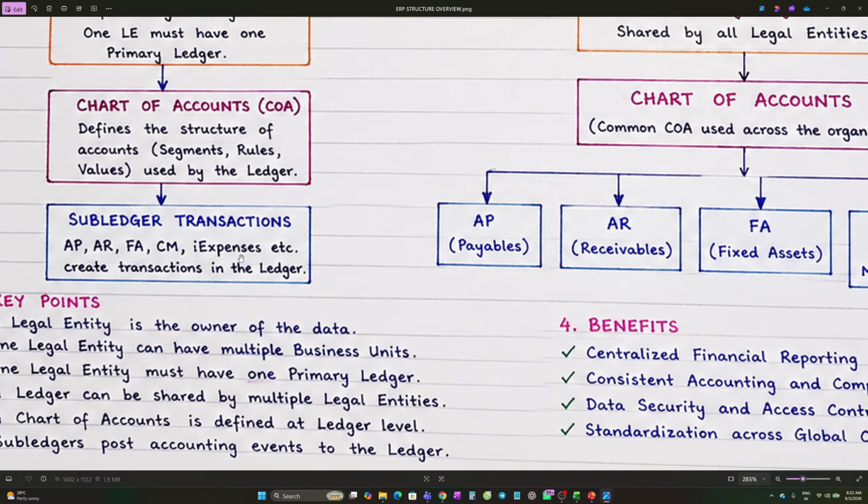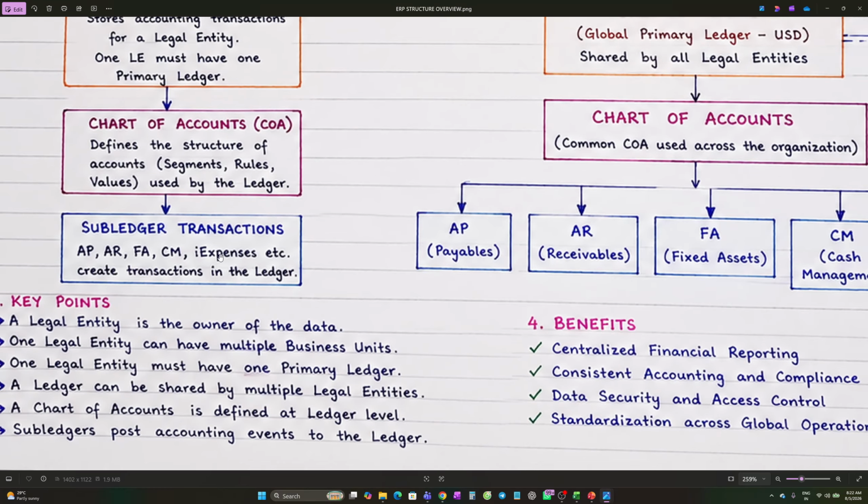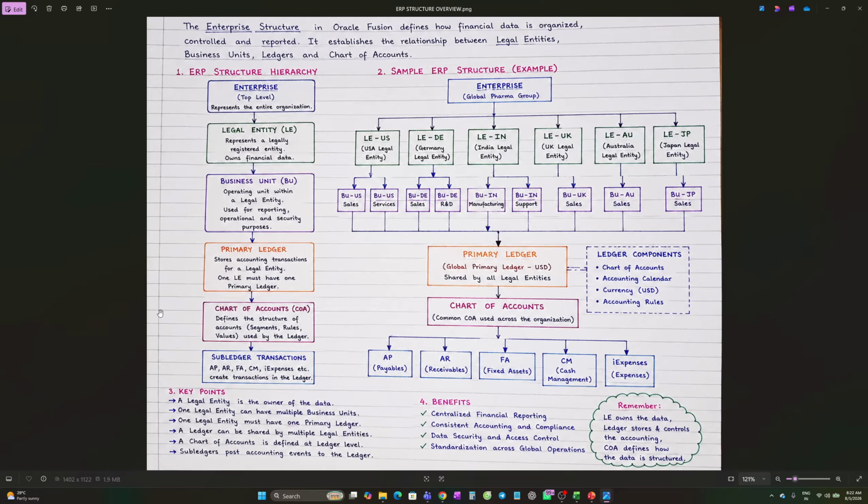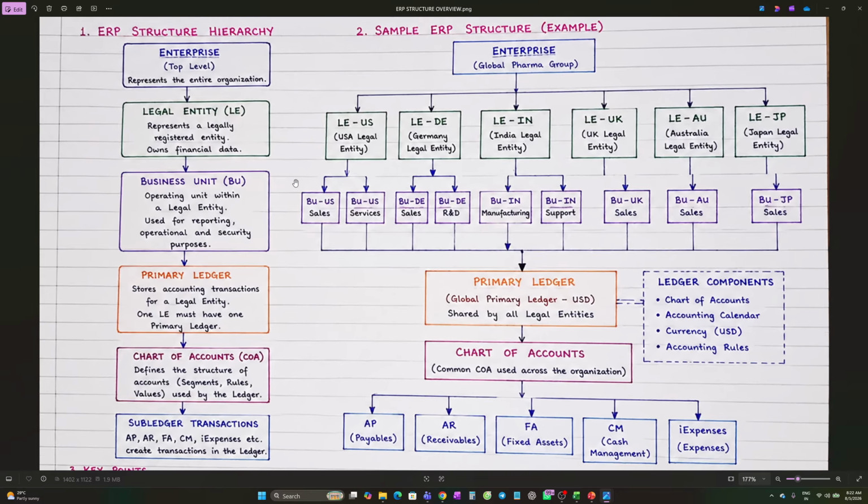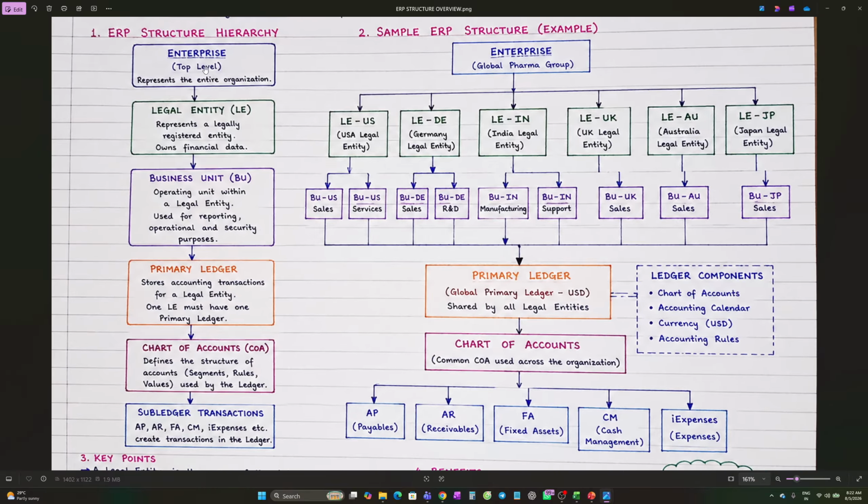The iExpenses are not used in the current Fusion applications. iExpenses are used in the EBS applications. Here I means internet expenses. In Fusion we don't say iExpenses, we say only expenses. AR, AP, CM, expenses, etc. create transactions in the ledger. See, these are the ERP structure hierarchies interlinked with the enterprise. This is the way we need to map our